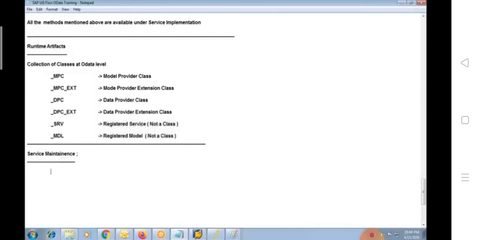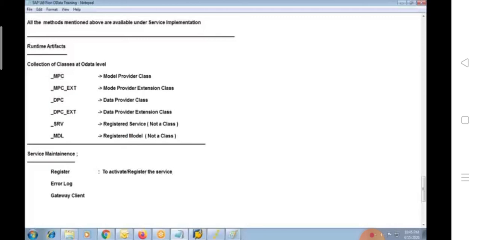Under this you will find the register option and error log, and then you will find gateway client. I mean to say these are the 3 main categories inside service maintenance. Register is something like activating or registering the service.